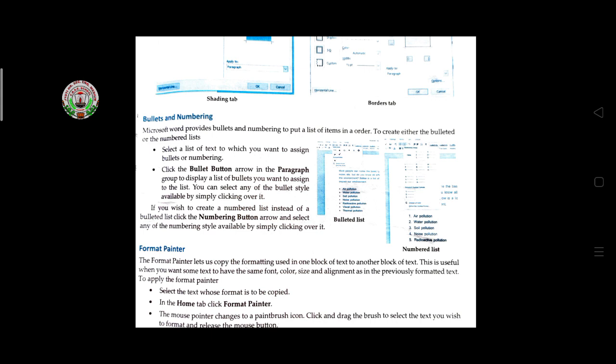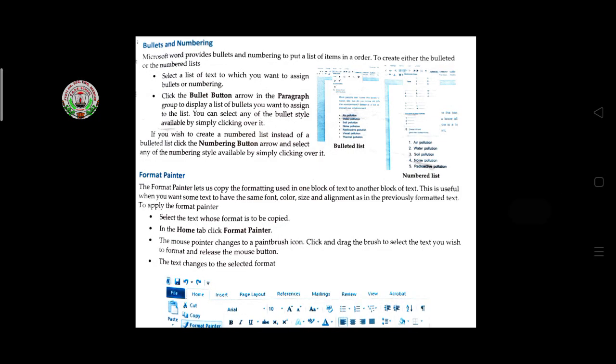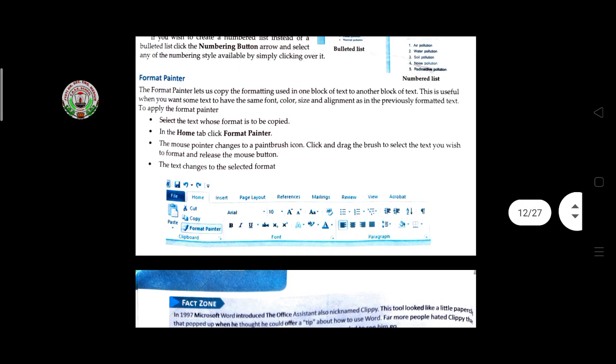And if you want to write in the format of A B C D or 1 2 3 4, you have to use the numbering tool. All the tools I am discussing are in the Home tab, visible in front of you while writing the document, so it is easy to find them.